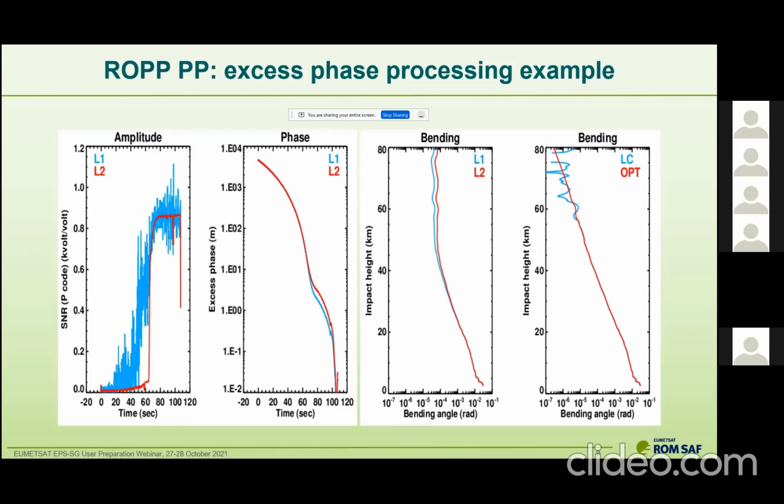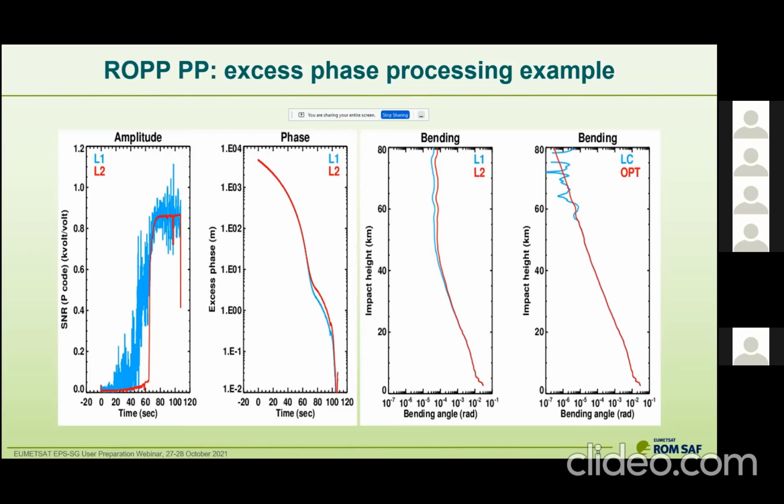The second one along is the excess phase, which Chris was talking about, and you can see it drops off very quickly, no log scale, as we rise free of the Earth's atmosphere. From that, the BP module can produce bending angles in the third picture, the L1 and the L2 ones shown there. And the last picture shows what happens when you do the ionosphere correction, just the linear combination, LC,